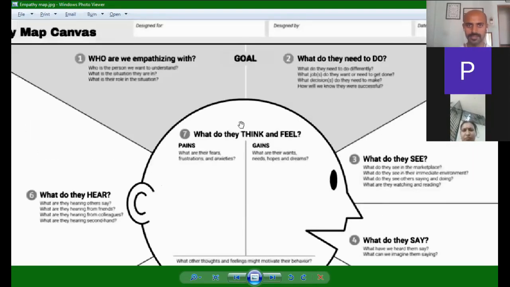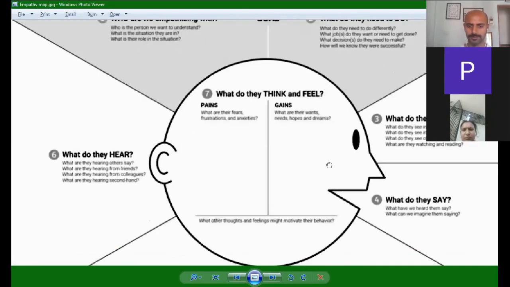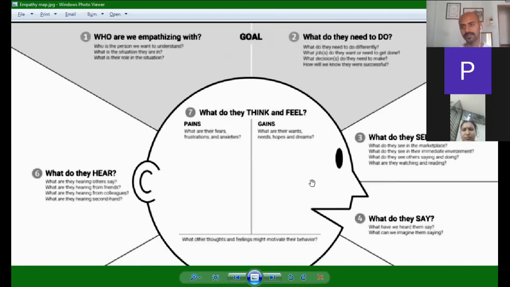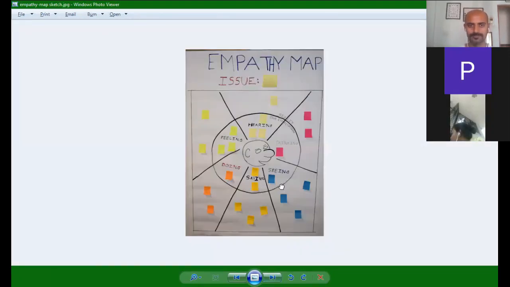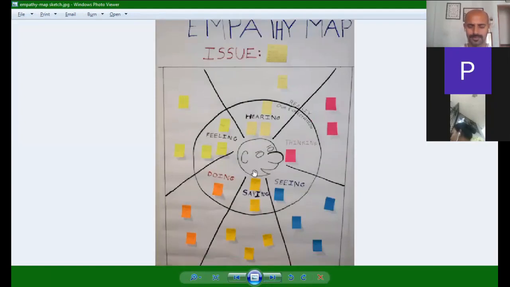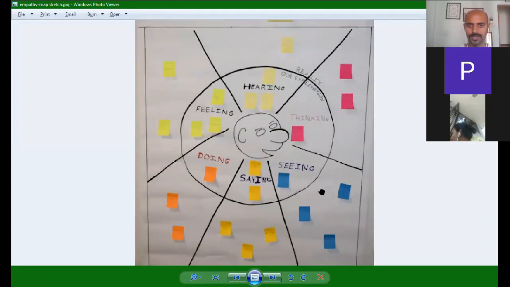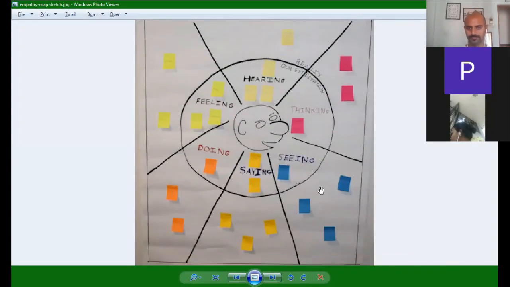So this is a slightly more sophisticated empathy map that interestingly, this is actually a corporate exercise also. But you don't have to make it this complicated for them. You can use something like this. And the empathy maps are also very powerful tools in resolving conflict. So if you have a fight that has broken up, you can use an empathy map to understand what happened. Why has this fighting started?